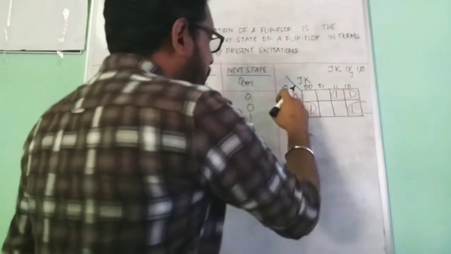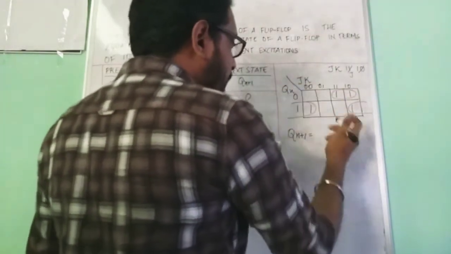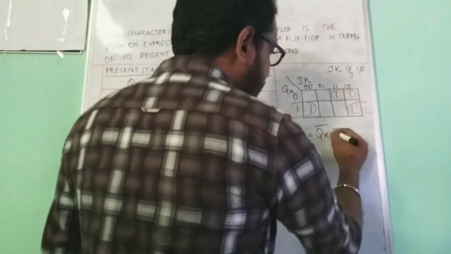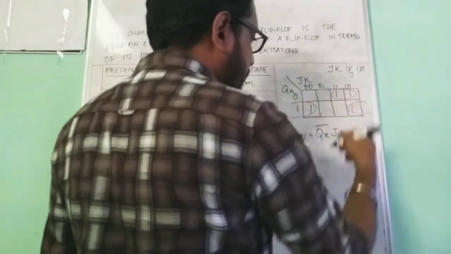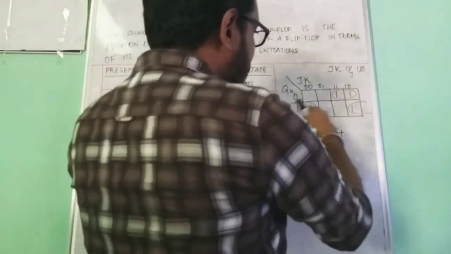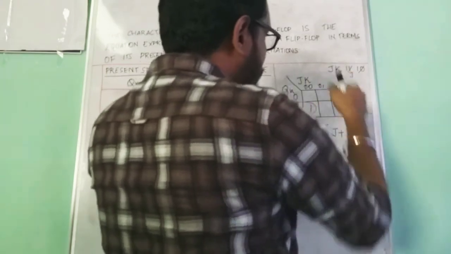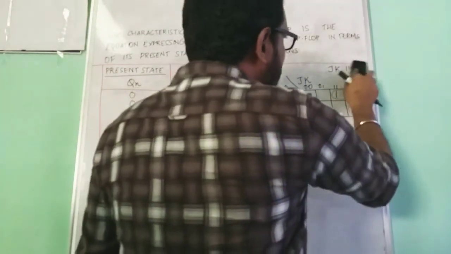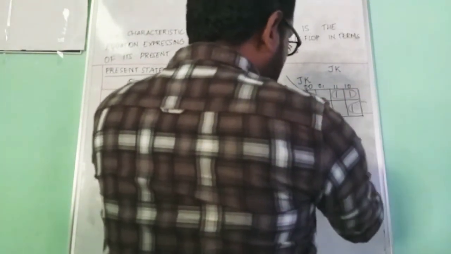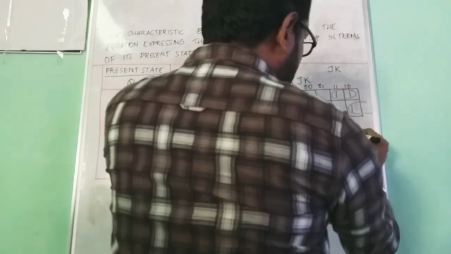So we have a J value, J as 1. Project it leftwards, we have Qn. Qn means it's 0 value, so we write this as Qn bar J. This is one case, okay? And similar one is, we have another pair. Project this upwards. Obviously we have a Qn value here because it's 1. This is a pair, okay? We have a Qn value.